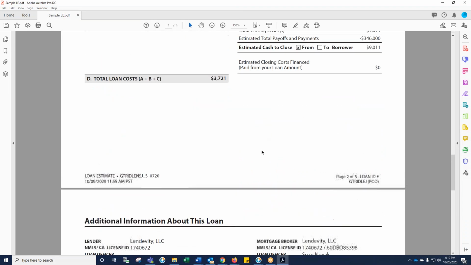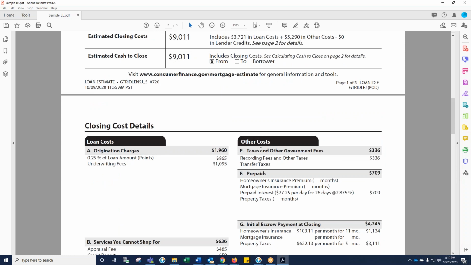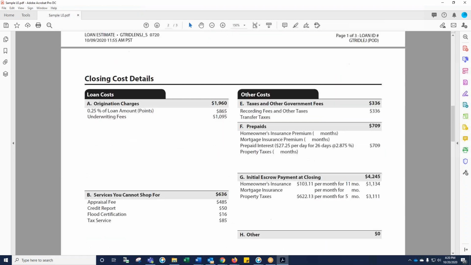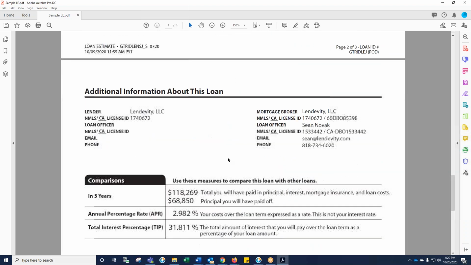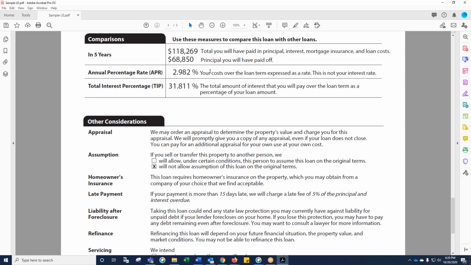Then on the third page, I'm sorry, this is a summary of the closing cost details. These first two pages are truly the juice of the loan and knowing what you're getting. On the third page, it just gives you calculations of how much you'd pay in principal and interest over the next 5 years. It shows what the amount of interest is, and what percentage of the loan will be paid as interest, meaning the total amount of interest that you'll pay over the loan term as a percentage of your loan amount. And then, of course, the